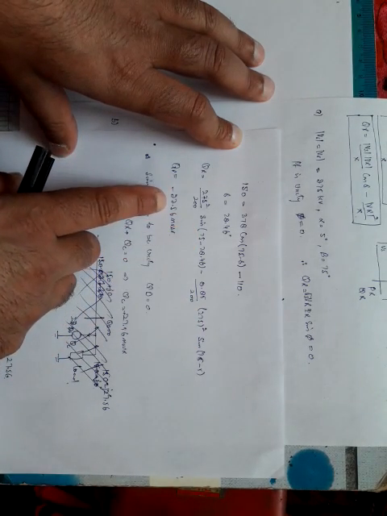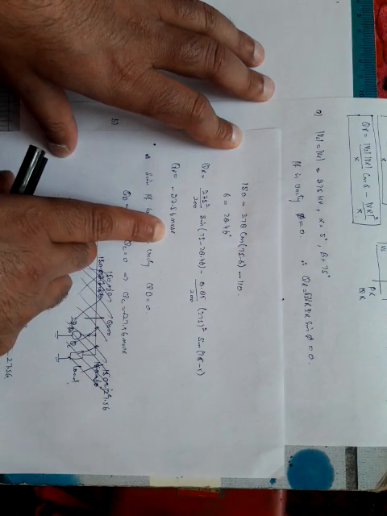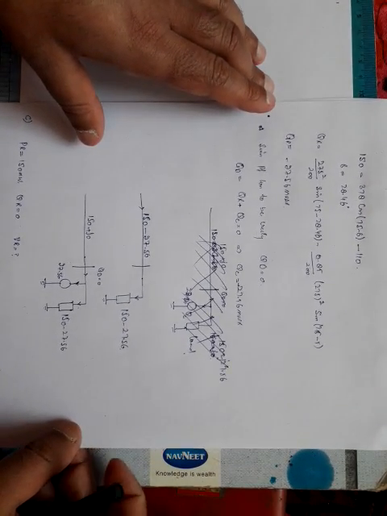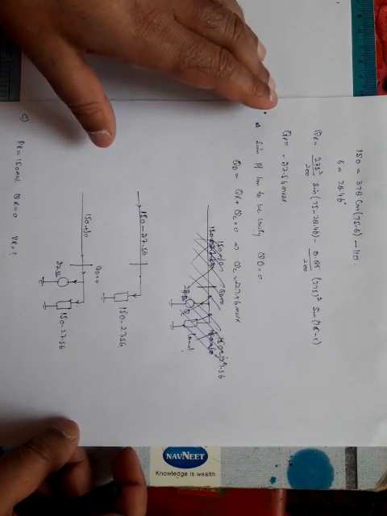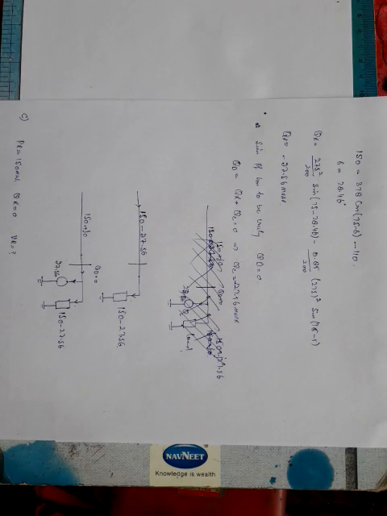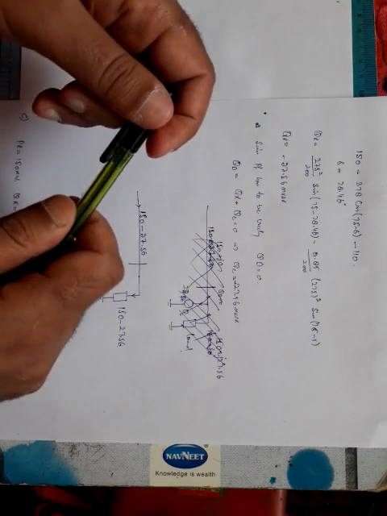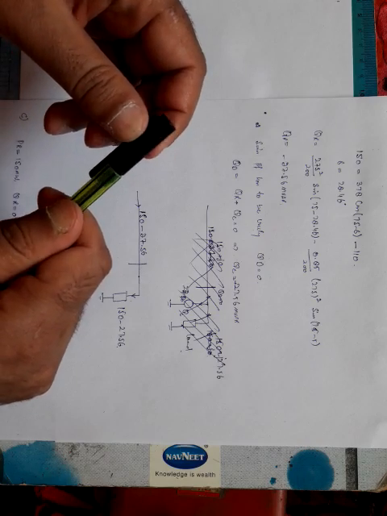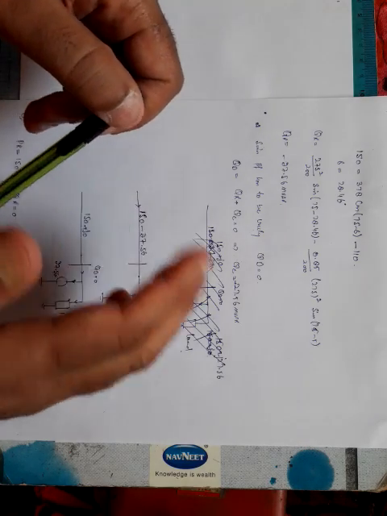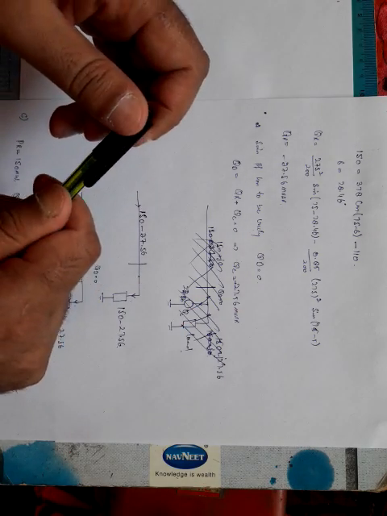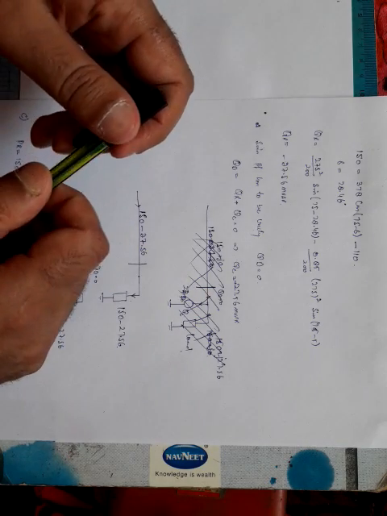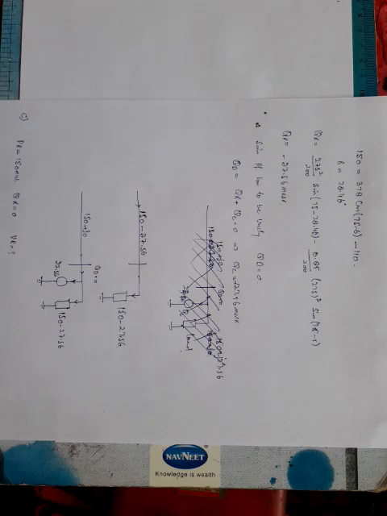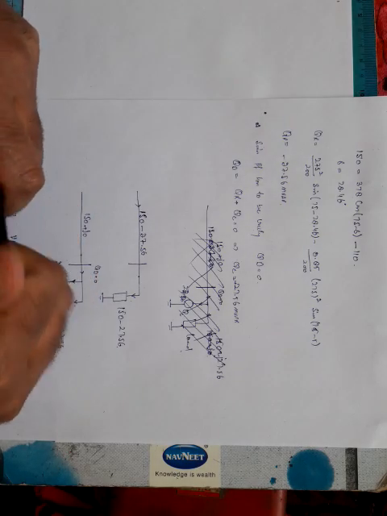From this QR is equal to minus 27.56 MVAR. So minus here, because since Vs is equal to Vr, in the first numerical we just calculate that Vs = Vr means voltage regulation is 0 when the power factor is leading. When the power factor is leading, you will see that QR will always be negative. Negative means it is not consuming the reactive power, it is supplying back the